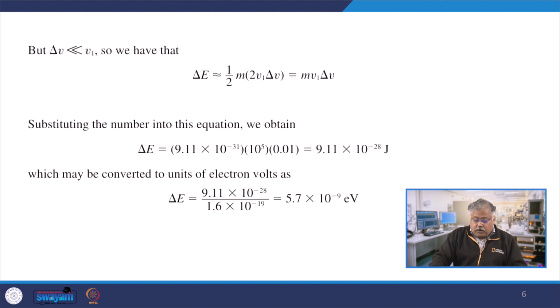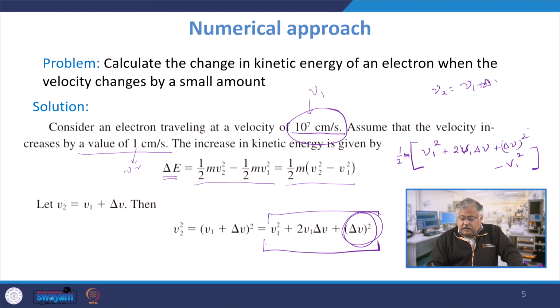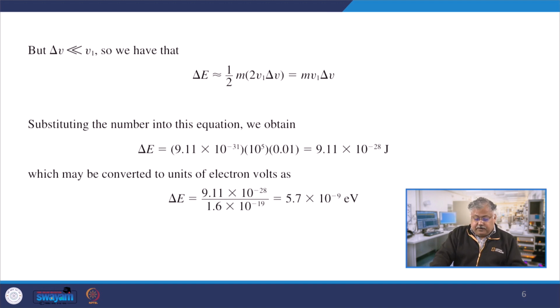So if you move forward, what you get from here is that this v1 square will cancel with this v1 square. This is a very small quantity. You are left with 1 by 2 m into 2 v1 times delta v. So this 2 will get cancelled with this 2, and you are left with m v1 delta v. So the change in the energy when you move from a lower velocity to a higher velocity is given by m v1 delta v, right? Now if you substitute the values of m, v1 and delta v, I get delta E